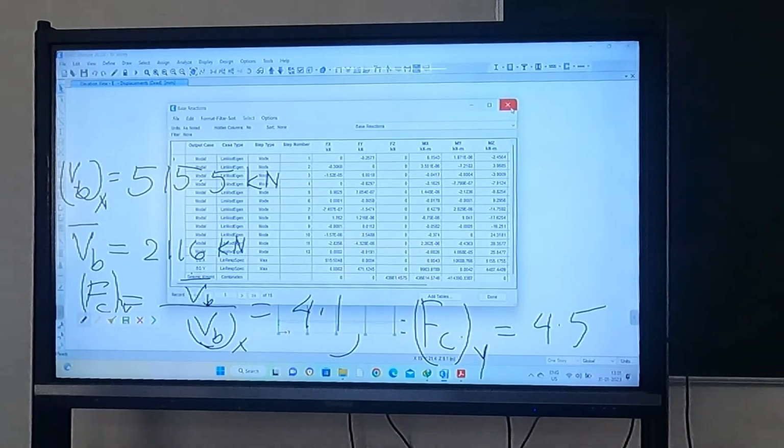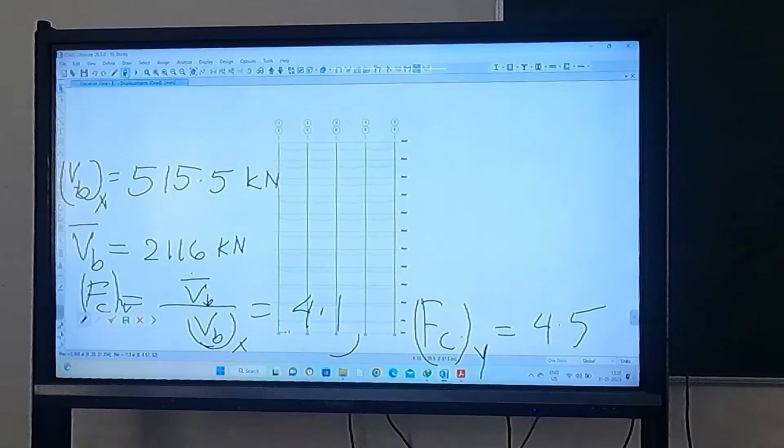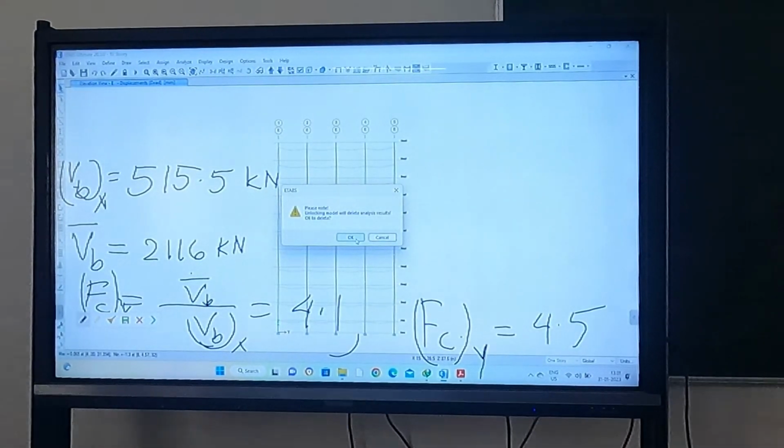Now what you have to do, you have to modify your load case. Okay, unlock the model. You know this, right? Locking and unlocking. What is the purpose? So locking means once the analysis is done, it will store the result whatever you are getting. But when you unlock this one, that will be erased. Whatever analysis output was there, that will be erased. Okay, and if you want to run this, you have to unlock that.